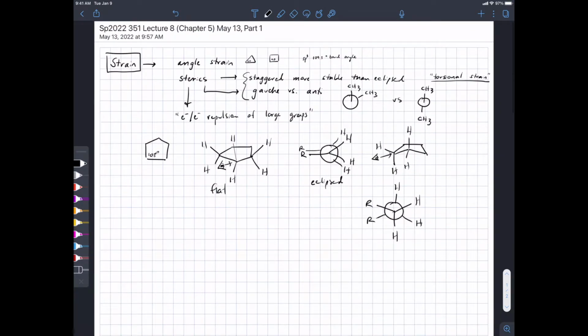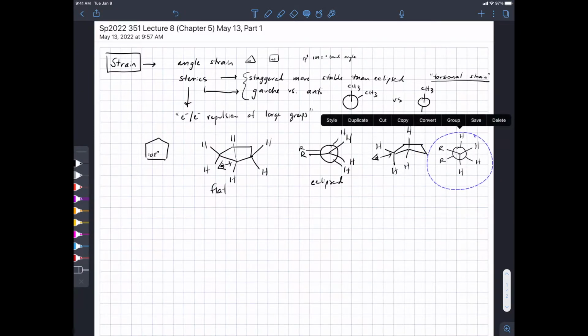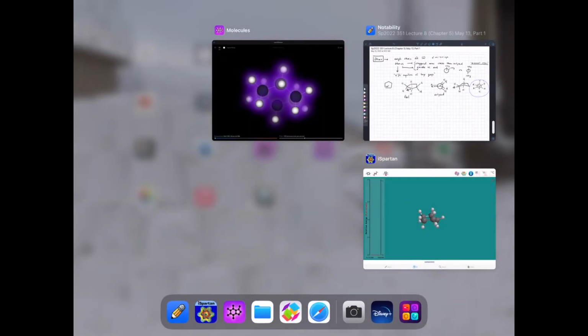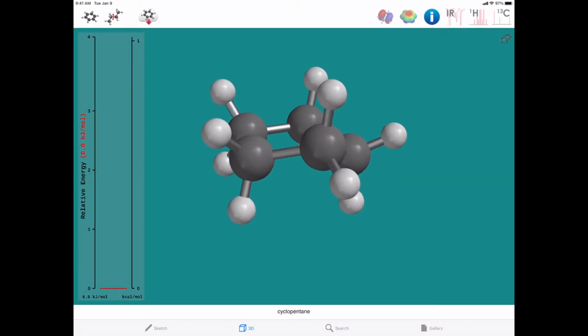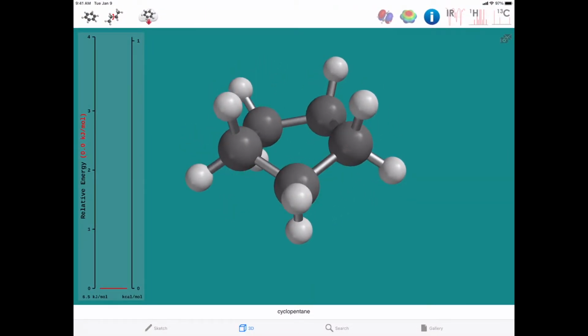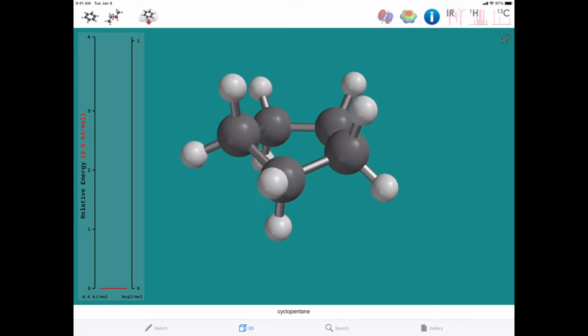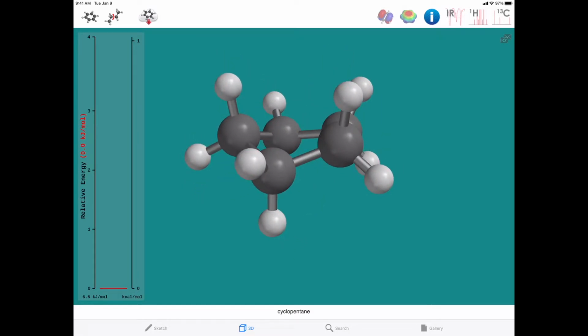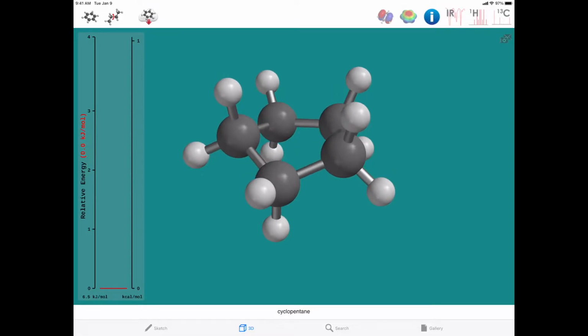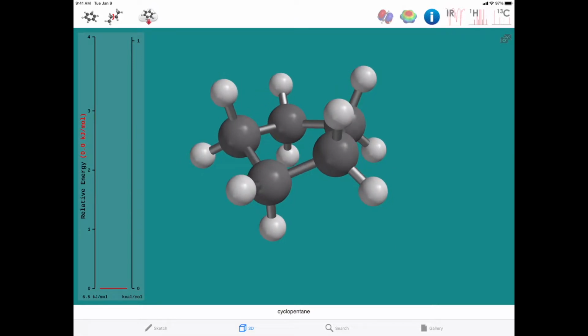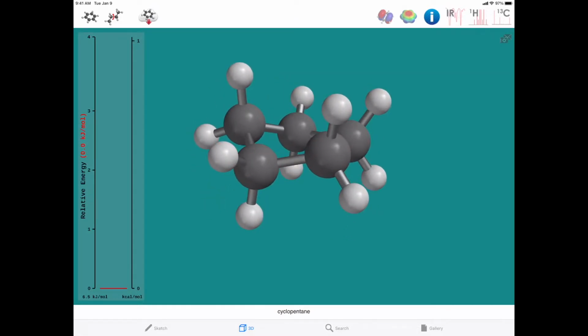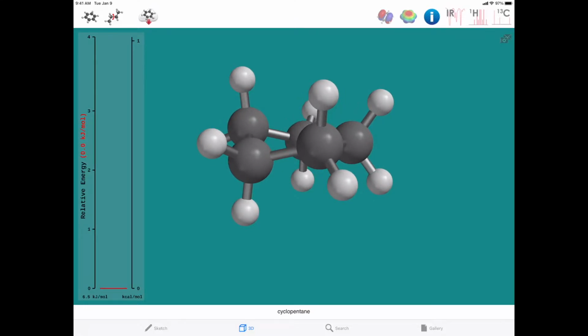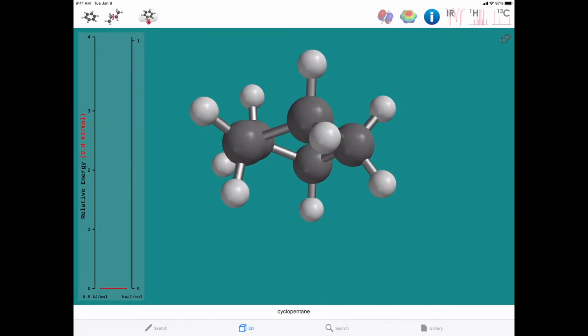And I'm going to try to show you that that's the case using the Spartan app, where I've got a cyclopentane ring here. And you can see it's not perfectly flat. It's adopted this sort of envelope conformation where one of the carbons is sort of lower than the others. If we look down this carbon-carbon bond,